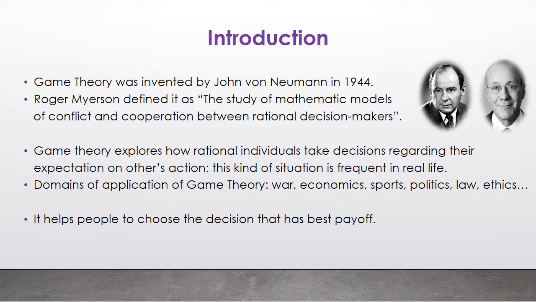Game theory was proved by John von Neumann in 1994. It is the study of mathematical models. There are many different game types: cooperative and non-cooperative, zero-sum and non-zero-sum games, etc. Today we will only focus on one-winner games since it is easier for you to understand. Let's get started, and we start with the penalty kick.